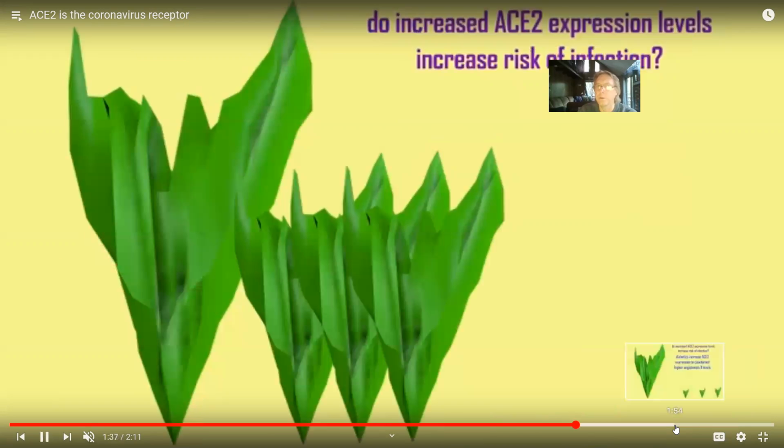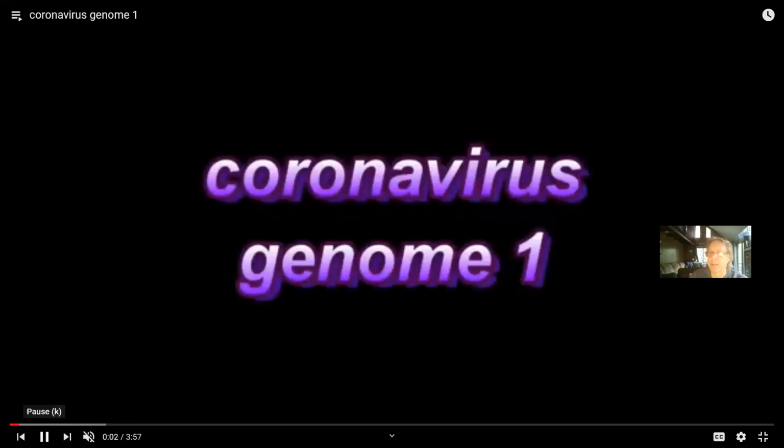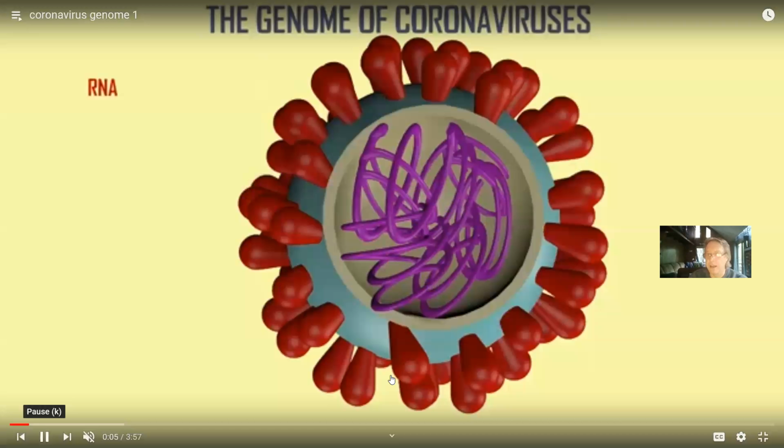I'm just going to quickly overview some of the things I have on coronavirus, and then end with showing a playlist, which has a number of additional videos that go into the topic in greater detail than this. So the ACE2 receptor is actually a protein which helps to lyse the viral spike protein. It's an enzyme which breaks down proteins, but the virus is using that as a trigger to insert its genome into the cell.